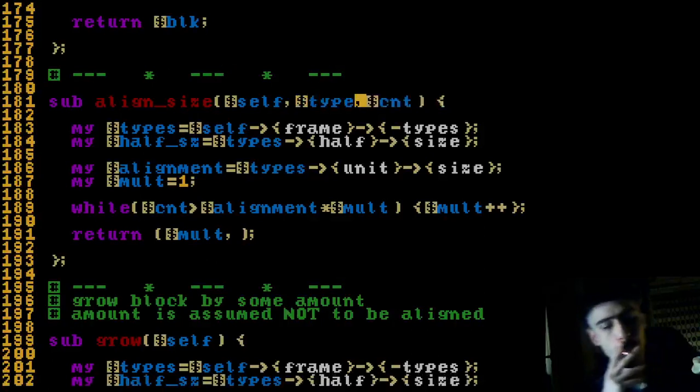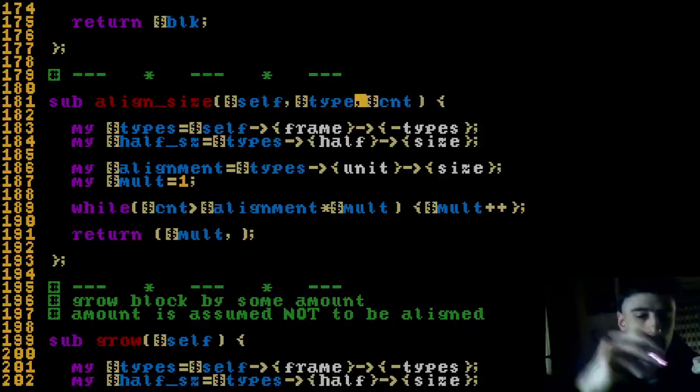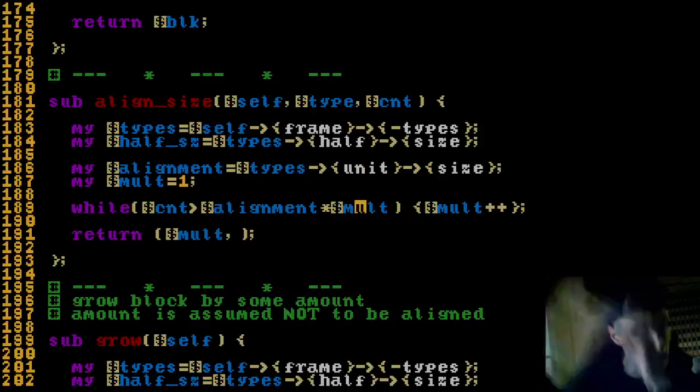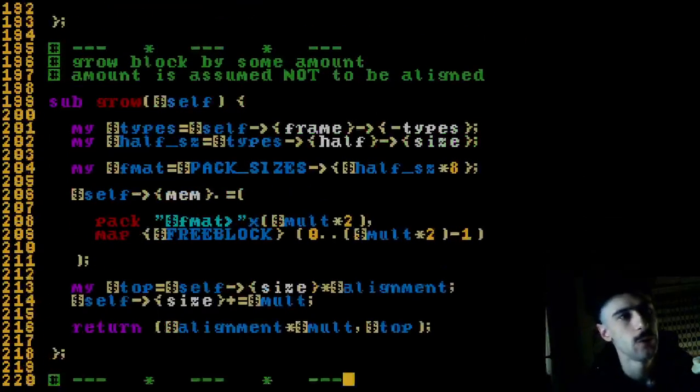Right. Okay, so it gives us the aligned size of a given type multiplied so many times, align that to a unit. We take that